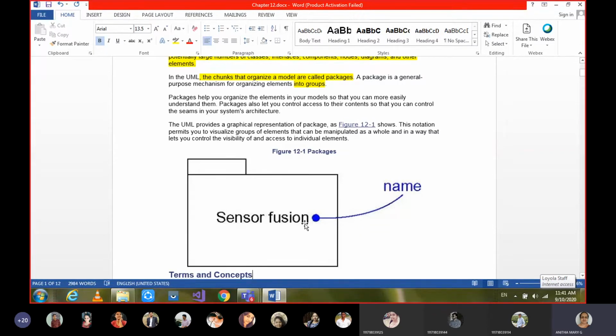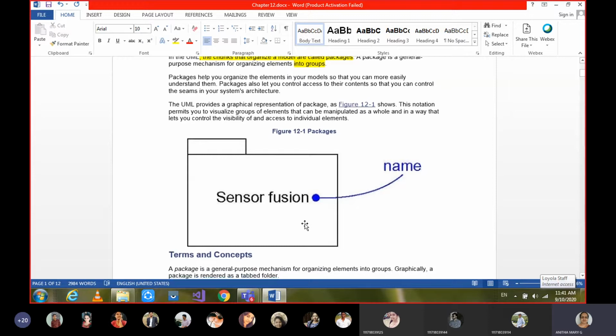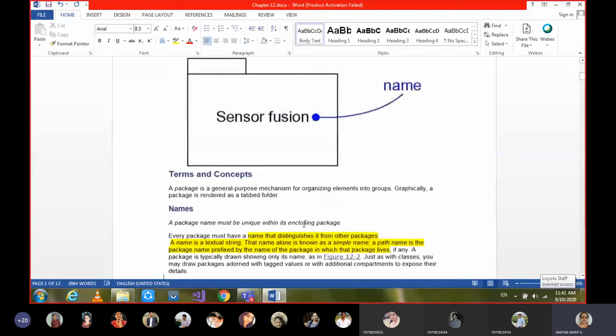Those details we'll study now. Just remember, before going into the details of this chapter, what is the definition? A package is a grouping of things, or related things put together is called a package, and graphically it is rendered as a tabbed folder. So these are the 2 points.